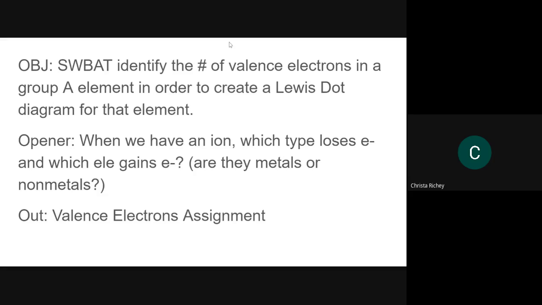So if we have an ion, which was yesterday's, and that was this guy right here, what type of element in general, yes, I know there are some exceptions, but what type of element is going to lose electrons? Nope, noble gases don't care about anything. They're fine. Lose electrons to become positively charged. They tend to be metals,